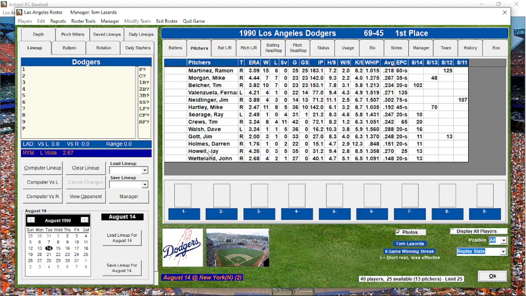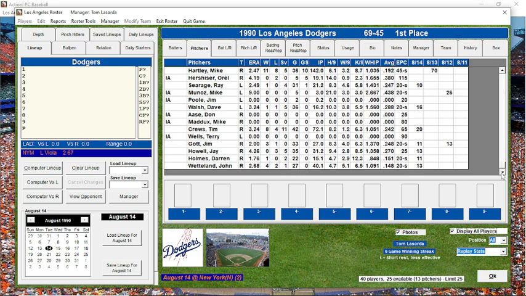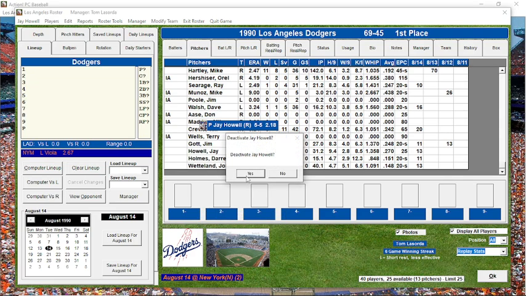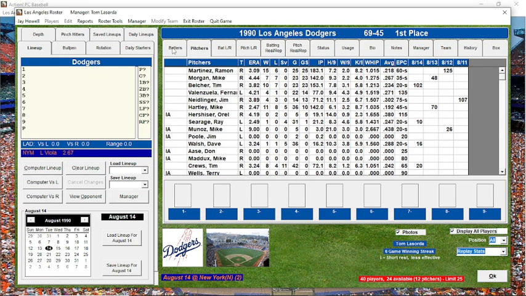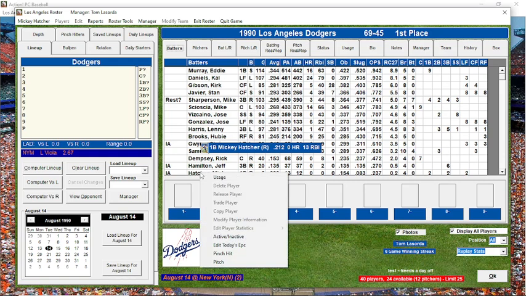Nope, Jay is still there, so we'll do this, and activate him. Maybe that was the problem. Mickey Hatcher will be active.